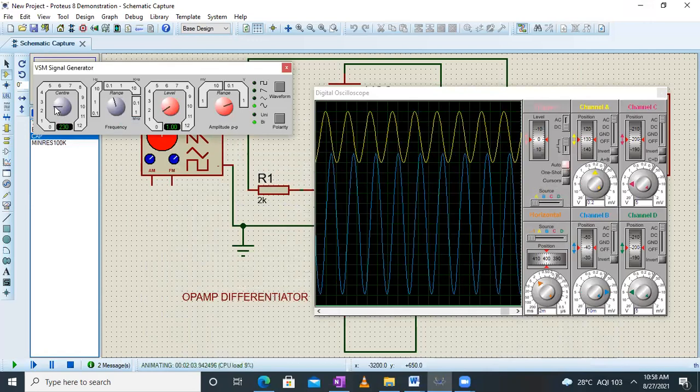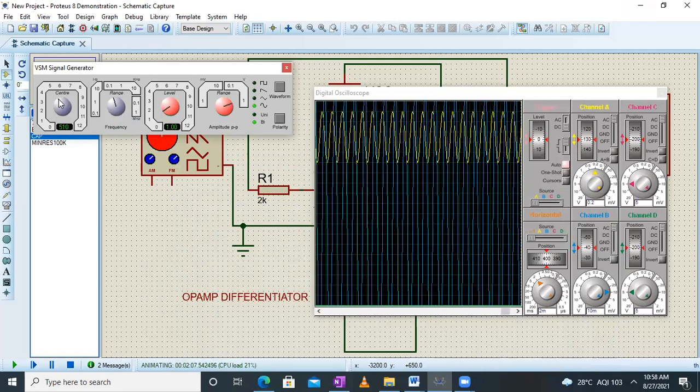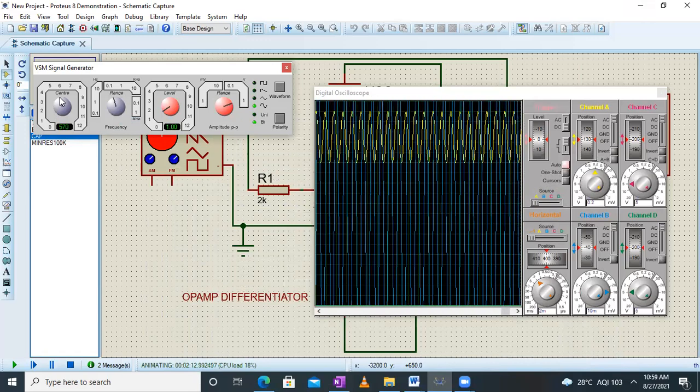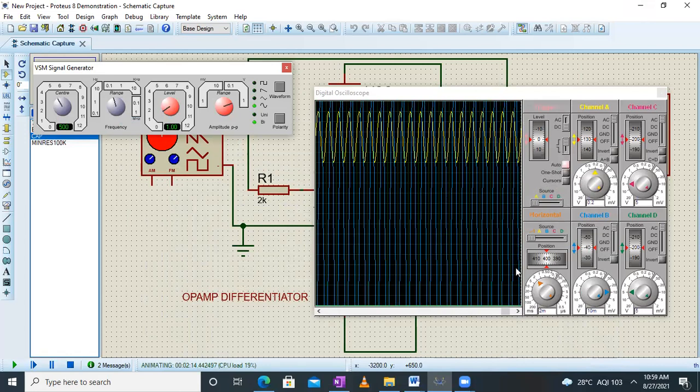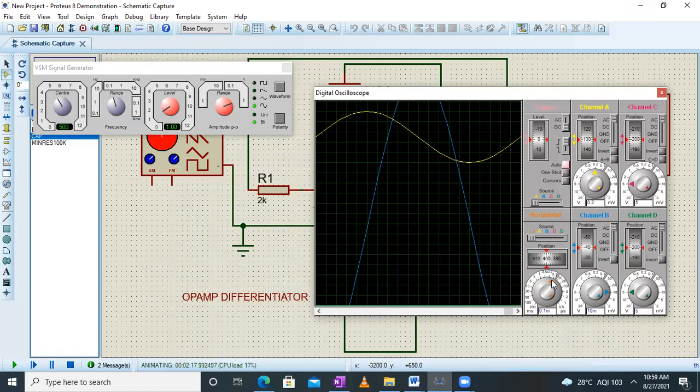For 500 we can change this and make it close to 500. So yeah, this is 500. Obviously the time axis also has to be shifted. Now as you can see, the range of the output is changing, so we have to bring it back. We have changed the volts per division so that both the plots are fairly visible now.